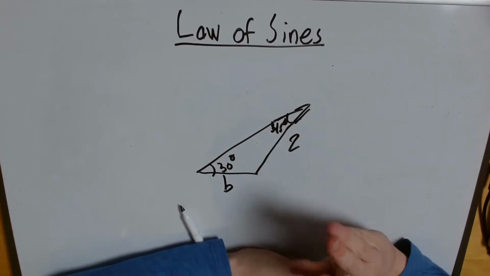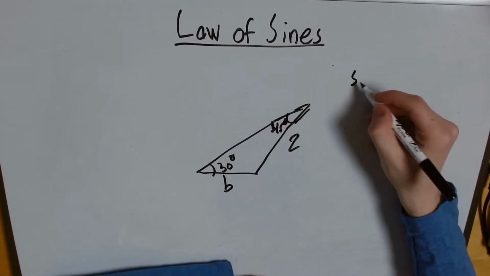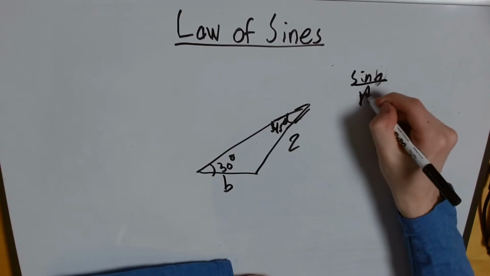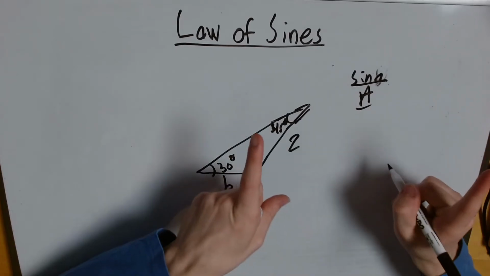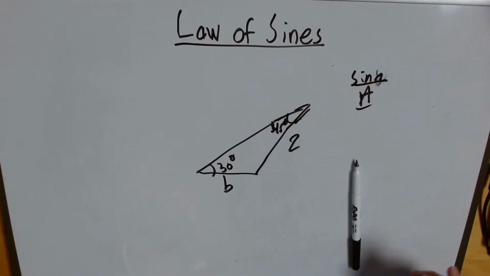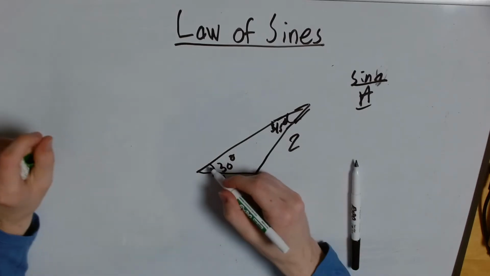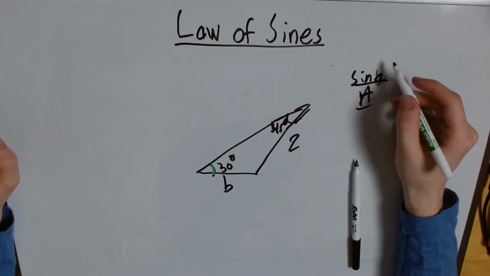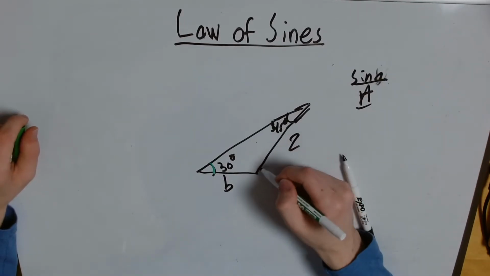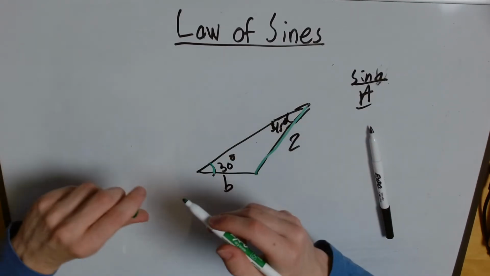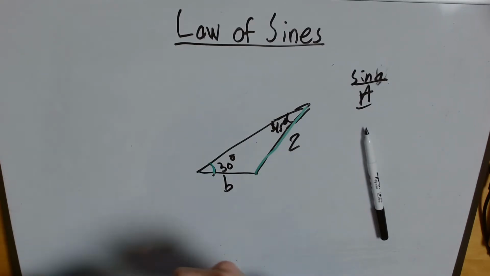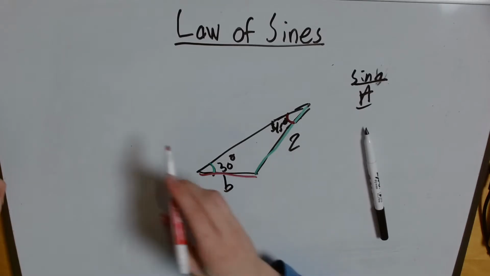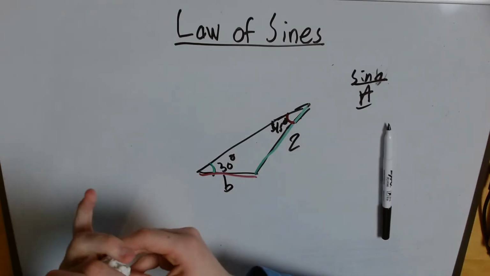But how exactly do I know, for example, which angle goes with which side length? The key is always, always, always opposites, right? I have an angle here, right? That corresponds with, at least when it comes to the law of sines, this opposite side length here. I have an angle here, right? This corresponds with the opposite side length here. So if I were to write this out like the law of sines, I would say